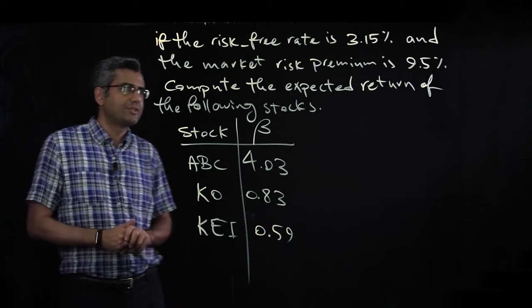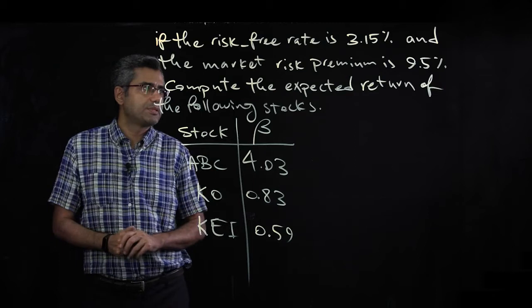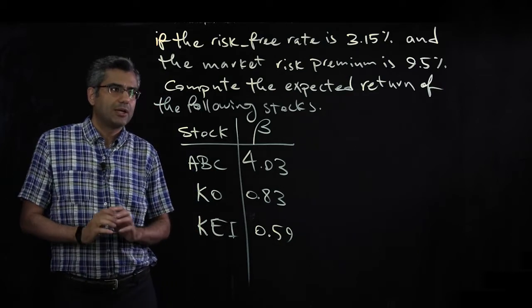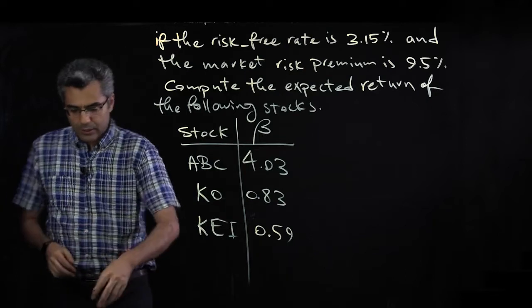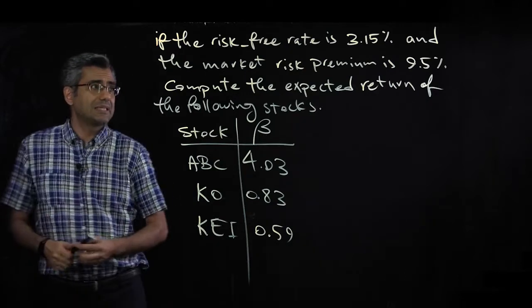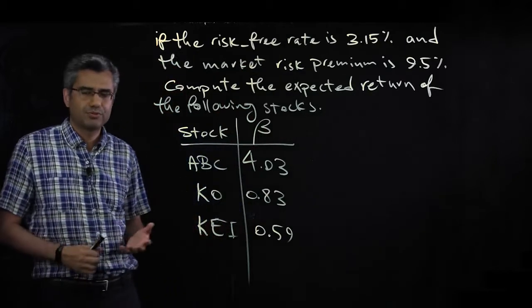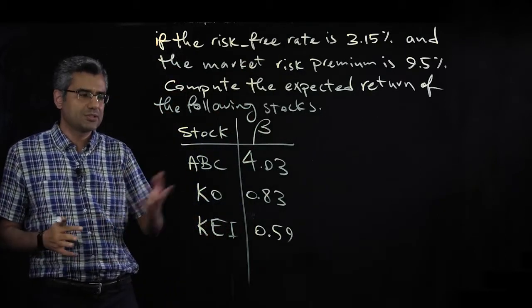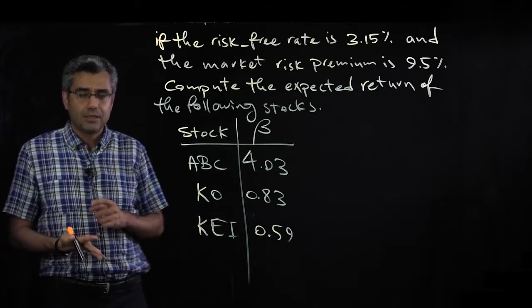If the risk-free rate is 3.15% and the market risk premium is 9.5%, compute the expected return of the following stocks. So risk-free rate means, how to compute the risk-free rate? If later you want to compute it, it is just the average of the short-term